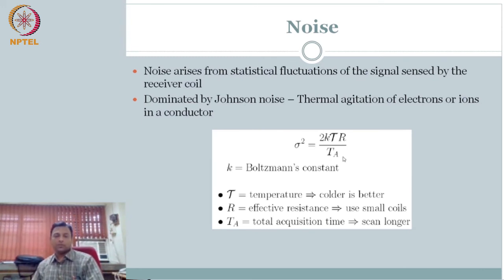This is where the noise comes into the measurement, and as you can see, the parameters that are under our control are the Boltzmann constant, the temperature, right? So you want to do the measurement at the lowest temperature possible, so that the numerator here gets reduced. Okay, effective resistance needs to be reduced. How do you reduce that? Use small coils. Now you recall we talked about coil design, and I told you that that's a big electronics measurements part that you can work on. So now you understand where.